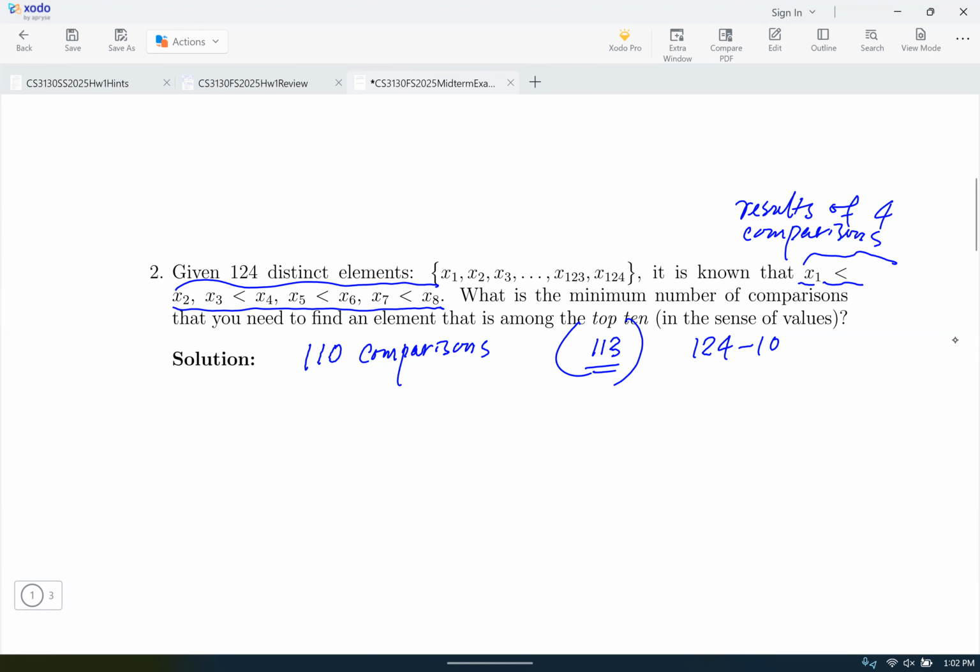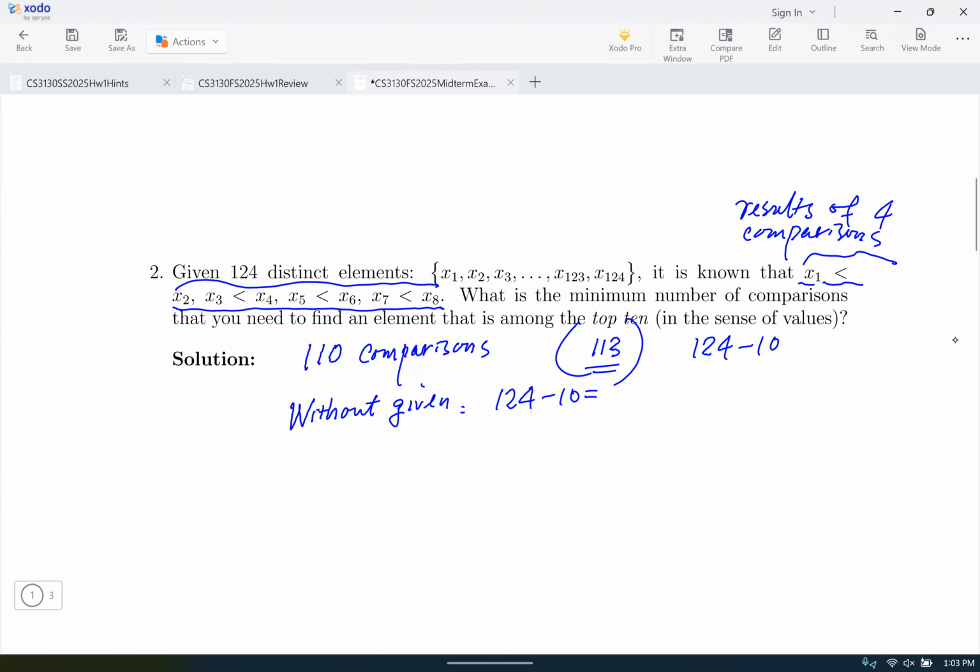That means you can save 4 comparisons from the given condition. Without the given condition, you need, based on our homework,